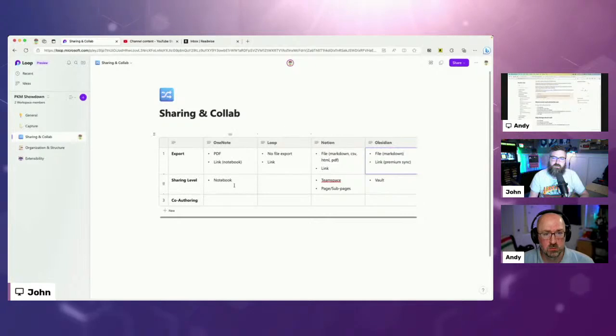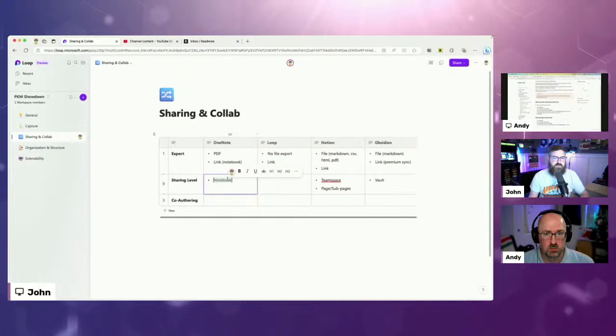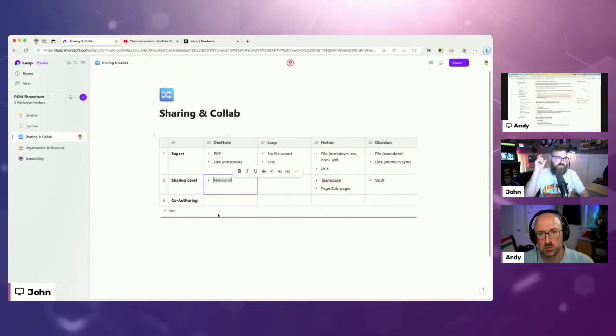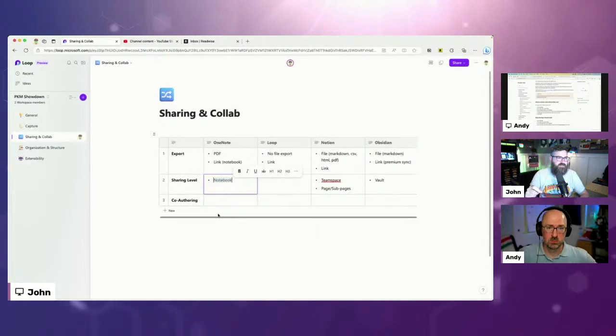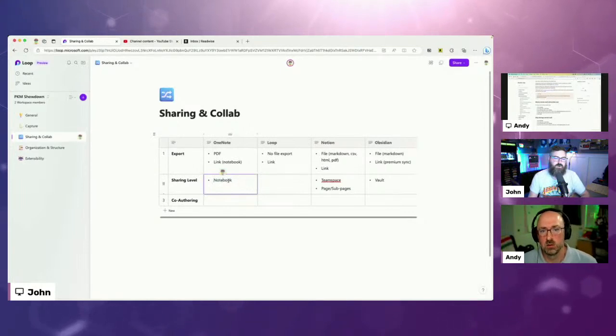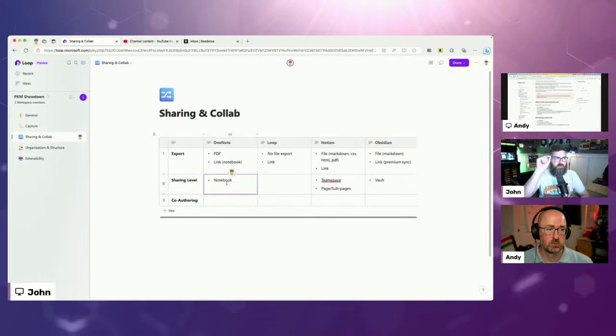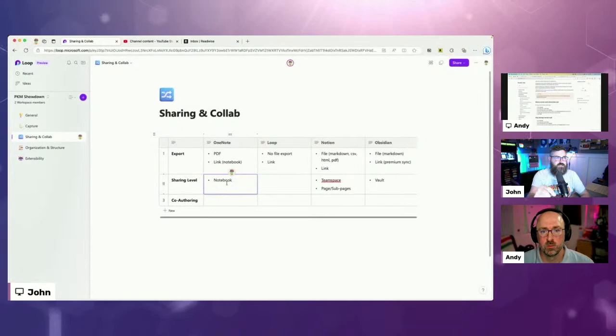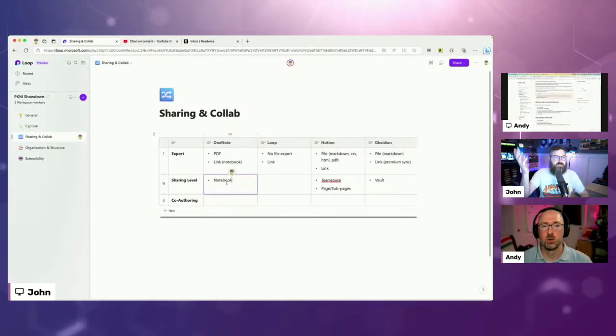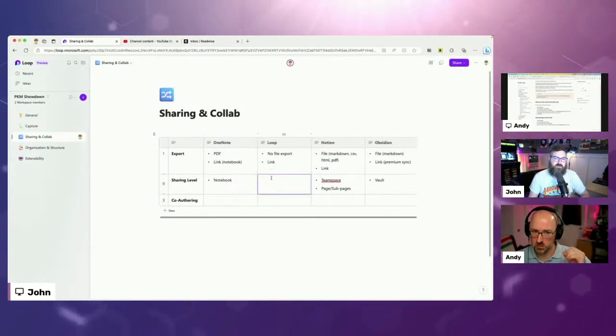So that's one issue that I've had with OneNote for years, is that you can only share the notebook. I can't share just a section. I can't share just a page. It's the whole dang thing, and it's like, uh-oh, I had a bunch of stuff in there I didn't want to share. I really wish OneNote had more granular sharing capabilities. Like a manager has a notebook called one-on-ones, and they could share the page with their direct report without accidentally sharing everybody's one-on-ones with that person. Like, what the crap? I struggle with that a lot.